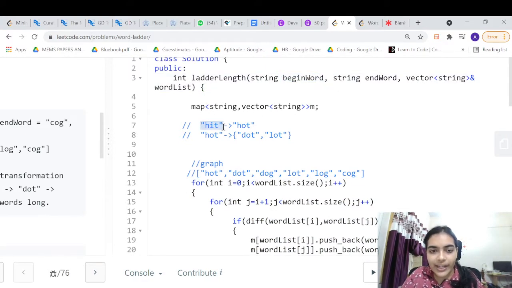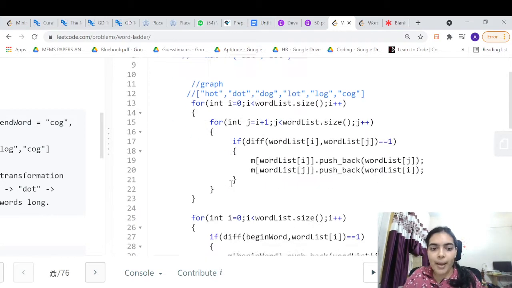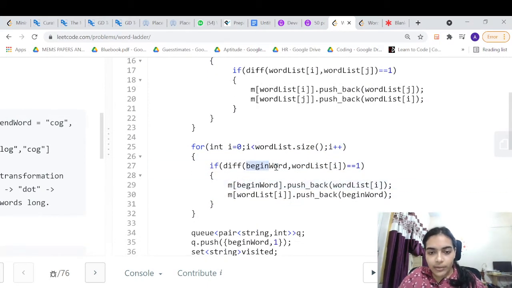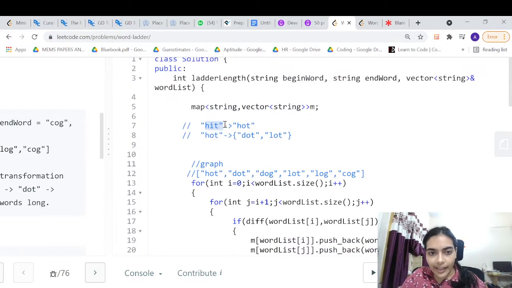For example, we did not take hit, we did not add its neighbor hot to the map. So we should add this also in the map. For that, I'm taking another for loop to find which of the words in the word list are the neighbors of the begin word. I take the word hit, check all the words in the word list, and find out what the neighbors of hit are.